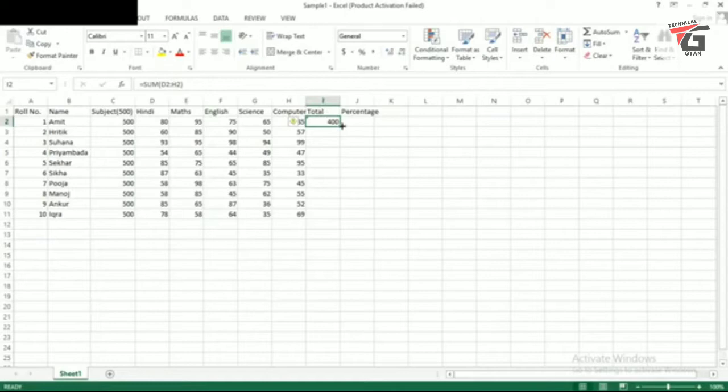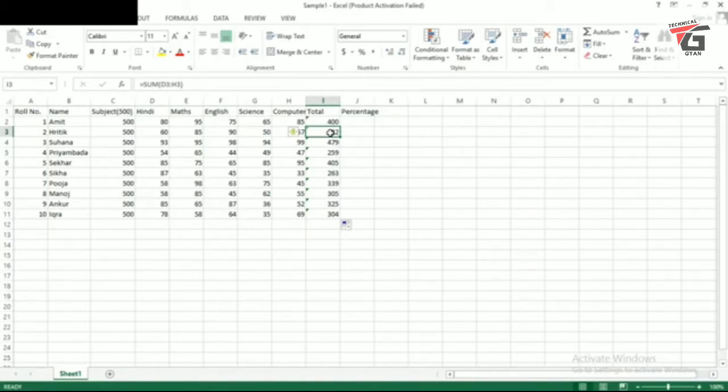So when I drag this formula, dragging means copying the formula. The moment I bring my cursor to the bottom right corner, the cursor will change into a plus sign. You can see here on the screen. And when I start dragging it, the formula will be copied in other cells. So you can see all the cells for each of the roll numbers have been populated, and you can see the total marks of each student. I have not entered the formula here. So this is the benefit of using the cell reference. And by default we use the relative cell reference. There are 3 types of cell references.